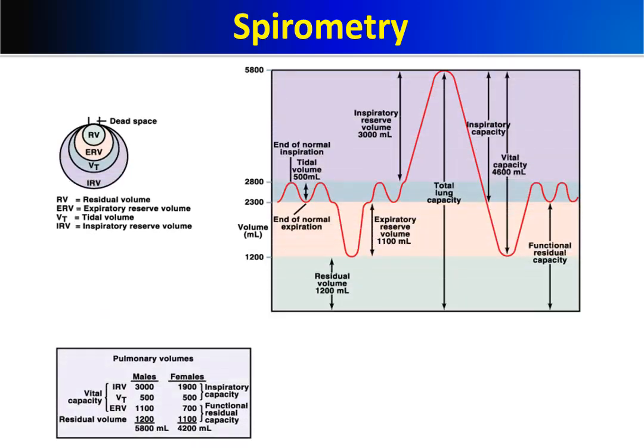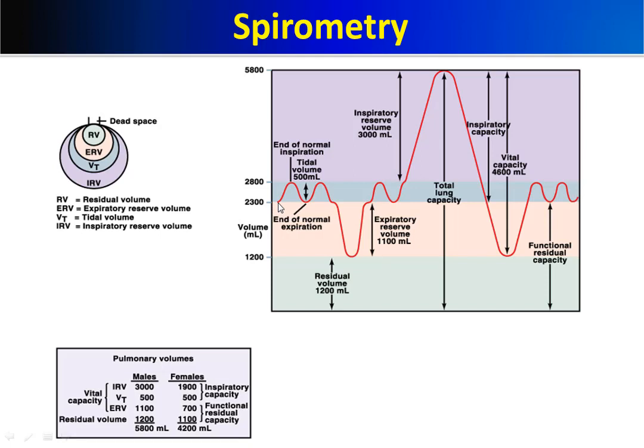So here we have again, this is the position at the end of normal resting eupneic expiration at the sea level. How much air do we have inside the two lungs? This is what we call the functional residual capacity. How much is the functional residual capacity? Approximately 2,300 milliliters of air still remaining inside the two lungs by the end of normal resting eupneic expiration at the sea level.